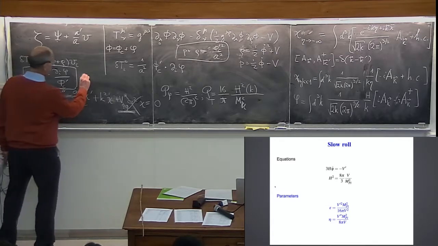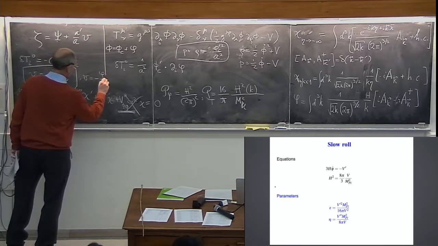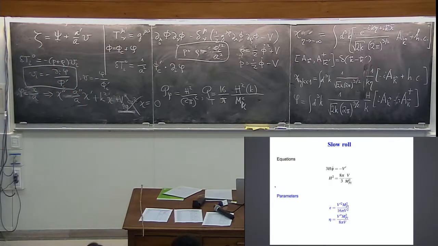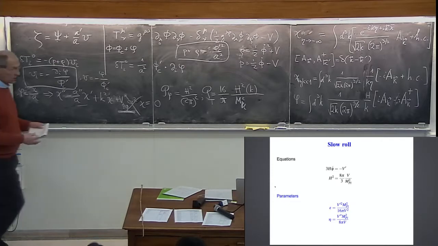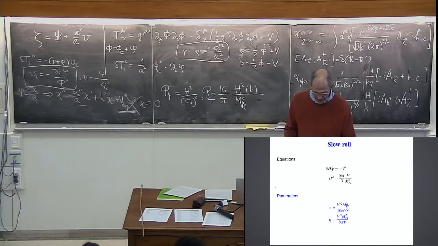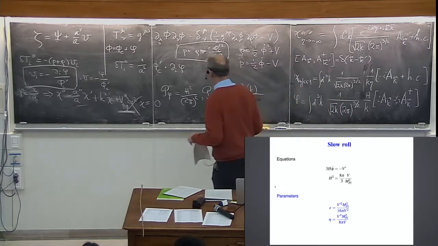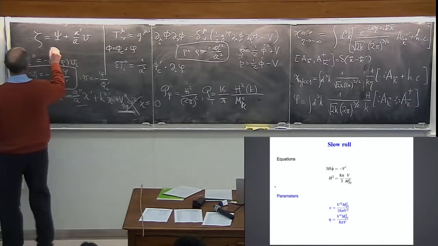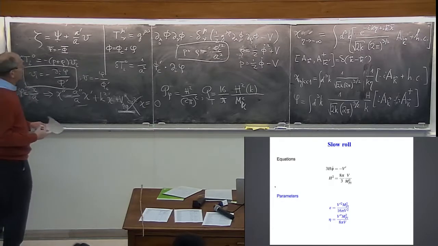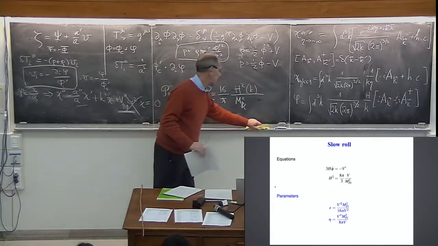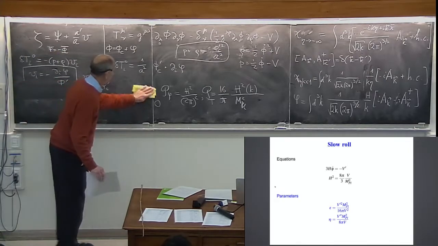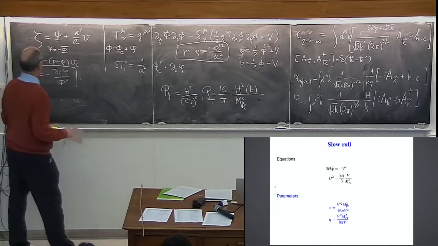So my velocity potential V is minus phi over phi C prime. And that tells you what your variable zeta is. Okay? Remember, since we are in the perfect fluid approximation, psi and phi are the same thing. Psi is equal to minus phi. Phi is another Newtonian potential, a component of the metric. So in the end, I have my zeta